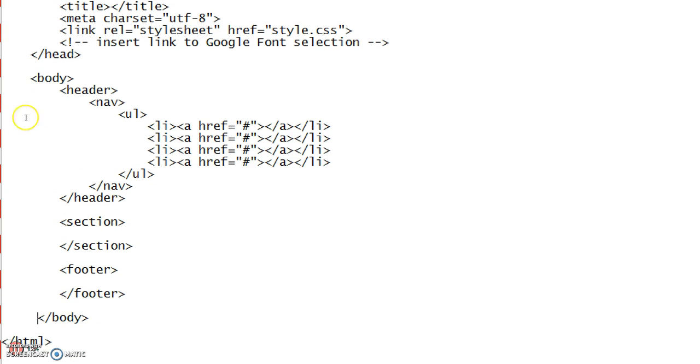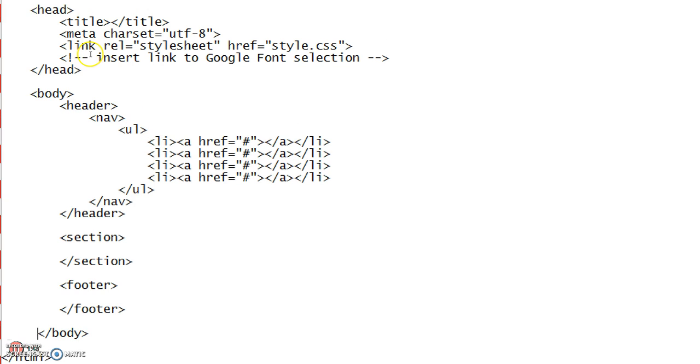Then I have the body section, which has a header, which includes a navigation, unordered list, and then the list items which have anchor tags in them. So that's going to set up our navigation section as always. So just to recap of exactly how that works, you have the UL tags which create the list, the LI tags which create each item in the list, and each item in the list is made up of that whole line. And then within those LI tags you have the A tag for the anchor tag,